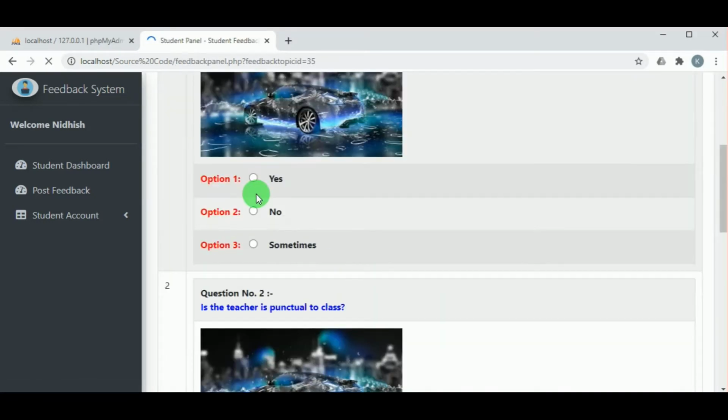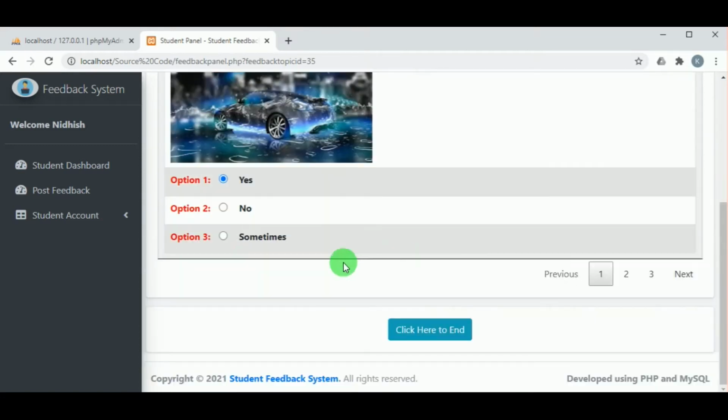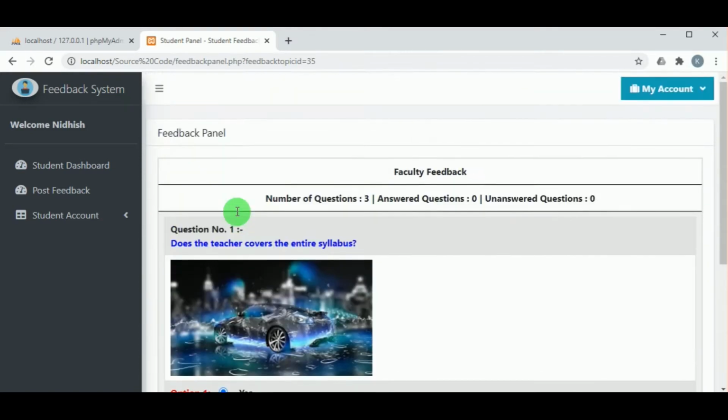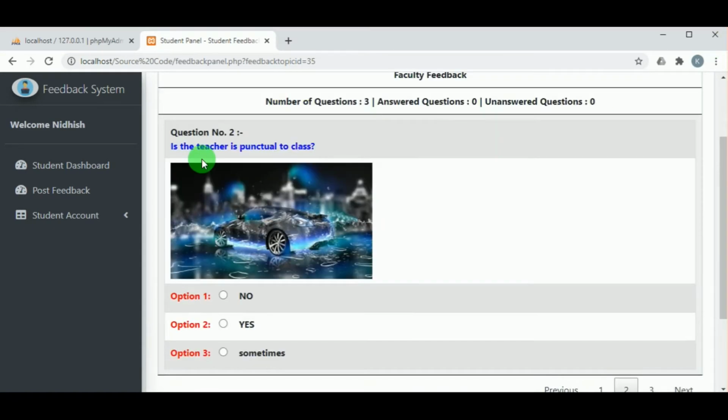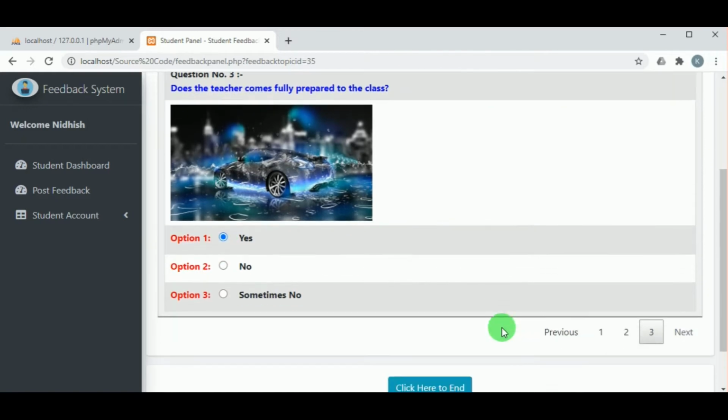You can see that it is page wise, that is pagination. So one question is in one page and the next question is in the second page and the third question is in the third page. But in the first one where we had chosen one page view, in that the questions were in the same page.